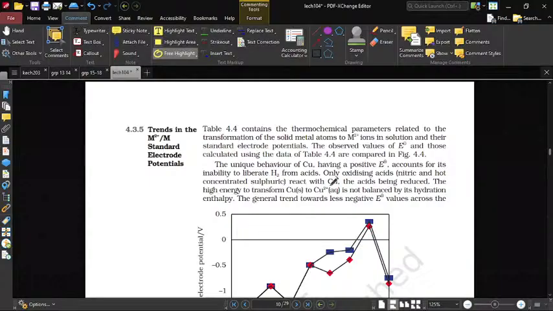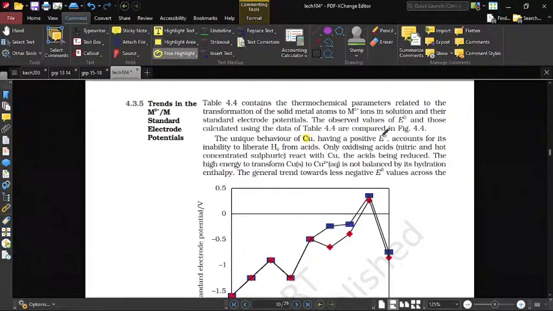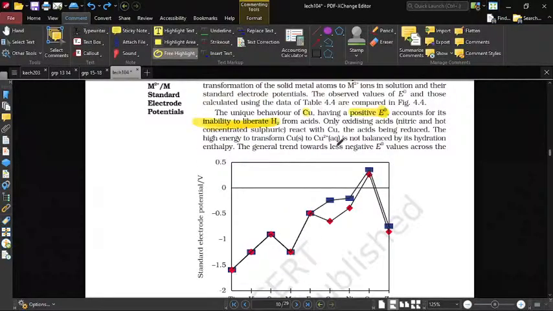The unique behavior of copper, having a positive electrode potential, accounts for its inability to liberate H2, क्योंकि इसका पॉजिटिव ही होता है इसलिए हाइड्रोजन लिबरेट नहीं कर सकता फ्रॉम एसिड। Only oxidizing acids, nitric acid and hot concentrated sulfuric acid, react with copper, the acid being reduced. The high energy transition of copper to Cu2+ is not balanced by its hydration enthalpy. मतलब हाइड्रेशन एंथैल्पी इतनी होती नहीं कि वो कॉपर को Cu2+ में भेज पाए, इस वजह से हमें स्ट्रॉन्ग हाईली ऑक्सीडाइजिंग एसिड यूज करना पड़ता है।